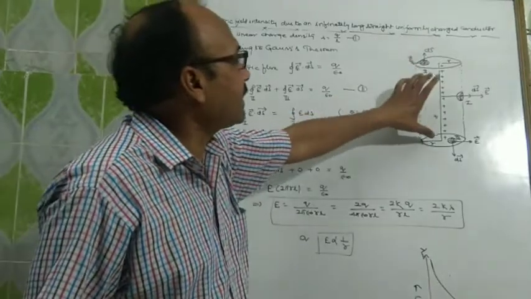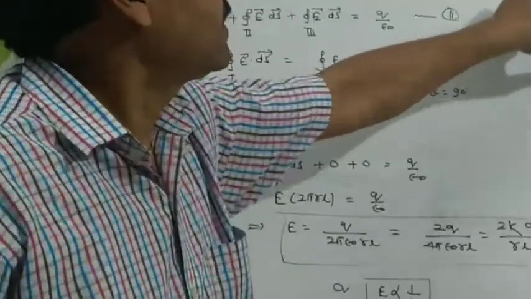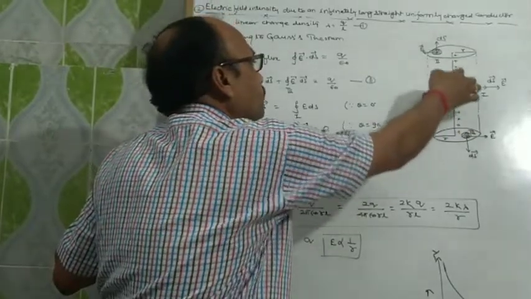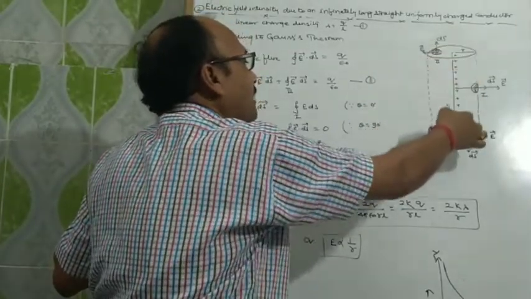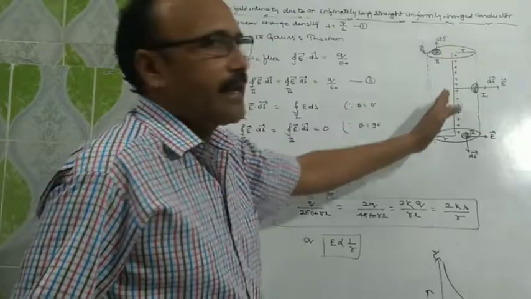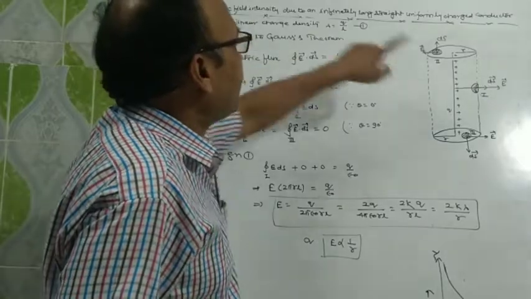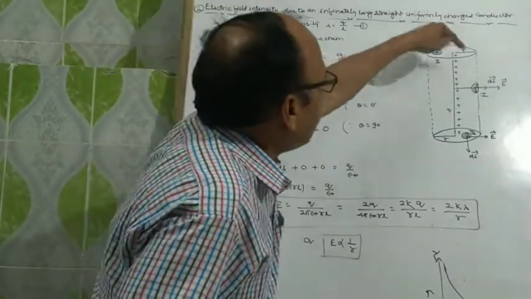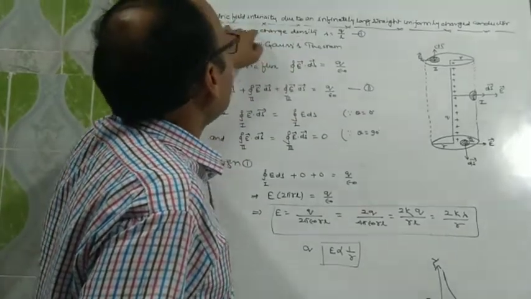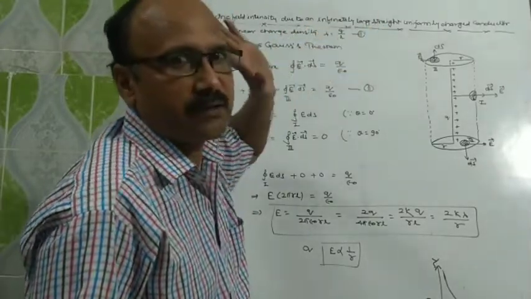In this we are taking a small part of that infinite charged conductor, and its length is L. We assume plus q charge is uniformly distributed on this straight line conductor. Because it is in the form of a line or wire, it is one dimensional, its cross sectional area is negligible, so its charge density will be linear charge density. So linear charge density lambda will be equal to q upon L. This is equation first.